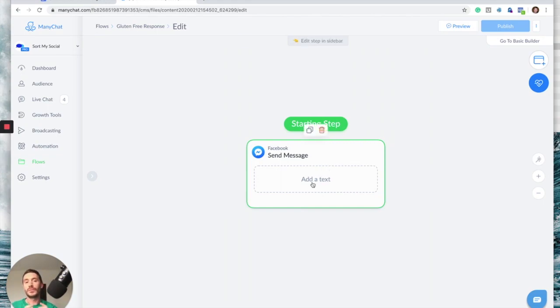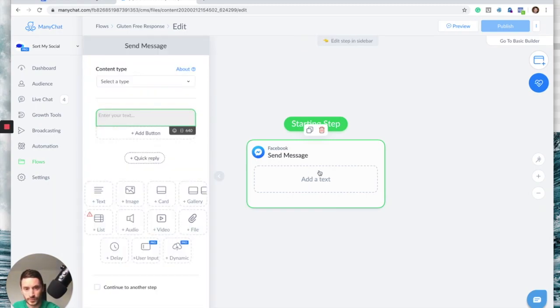So this is the message now that we're designing for when someone mentions the word gluten-free. We're not necessarily going to want to give them a direct answer because we're not really going to know what their question is. All we're going to know is that they've said the word gluten-free. So what we're then going to respond with is something like, firstly click add text there to add the text. We're going to type the text in on the left over here in the edit section, and we're going to put something like